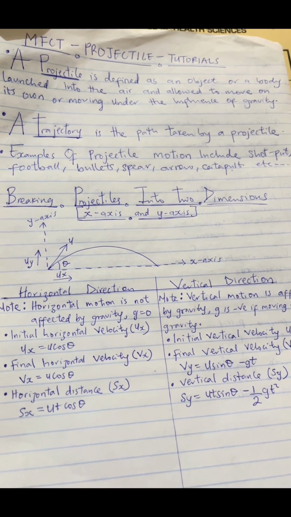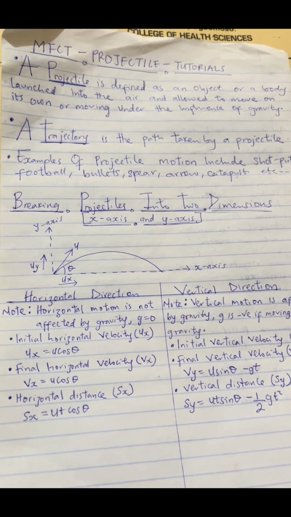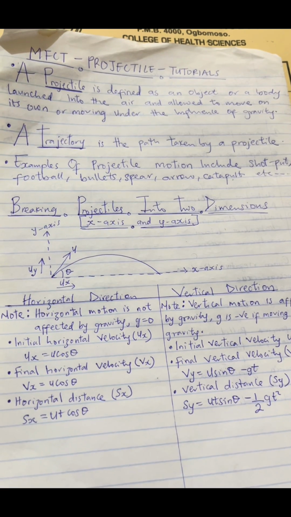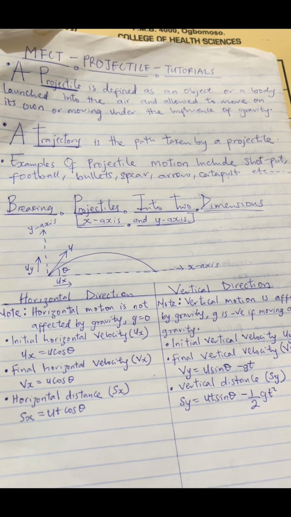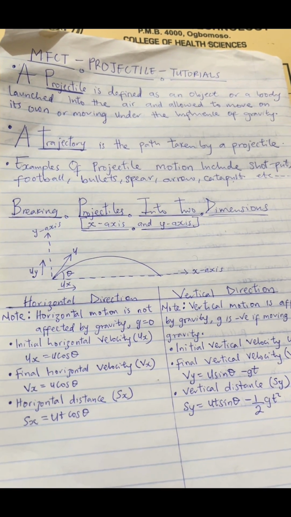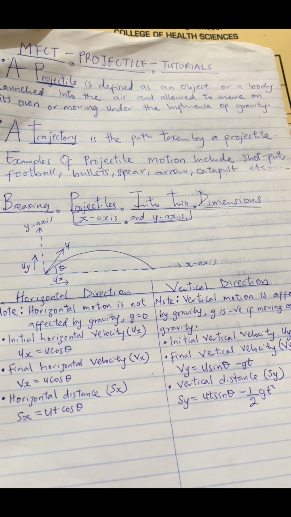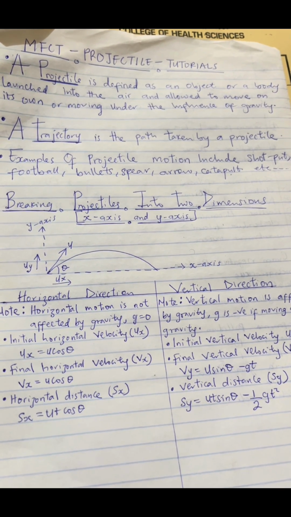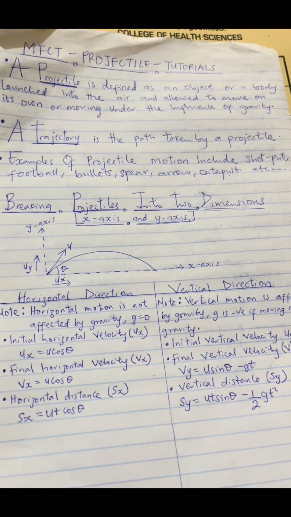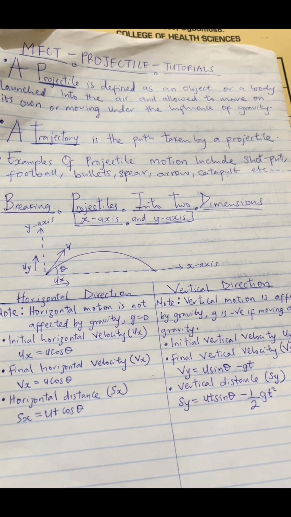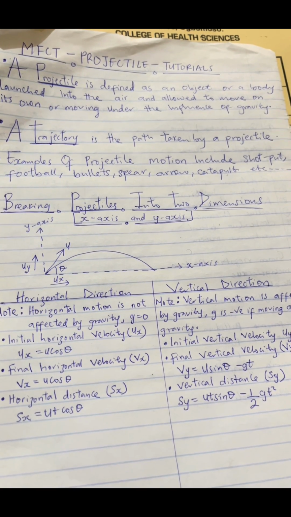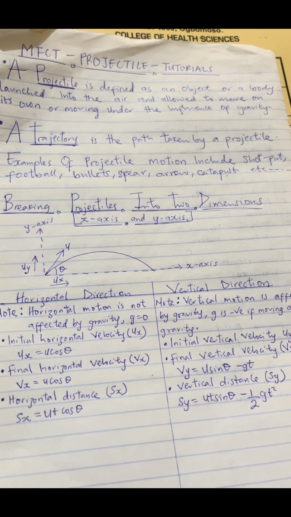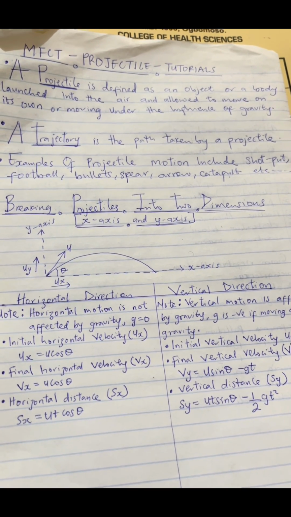So today in this particular video we are going to be talking about projectile motion. The first thing you have to understand is what we mean by kinematics. When we are talking about kinematics, it simply means the study of motion without considering the force causing the motion. Kinematics can be subclassified into two: kinematics in one dimension and kinematics in two dimensions. If you're talking about kinematics in two dimensions, we are going to be talking fully about projectile